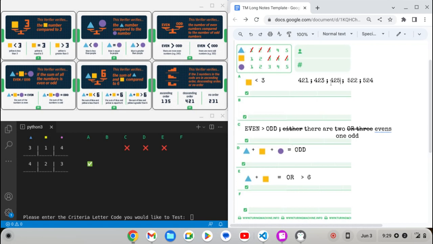Let's see. And also, so this is descending. This has no order. This has no order. Technically 522 also has no order, and 524 has no order. So it looks like,